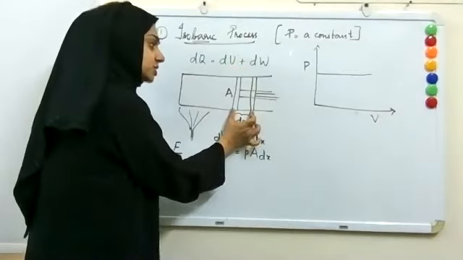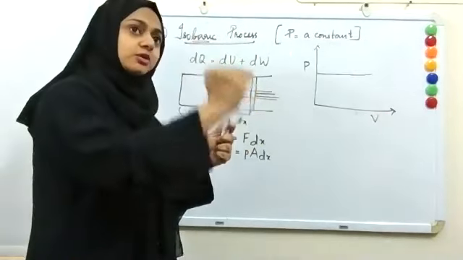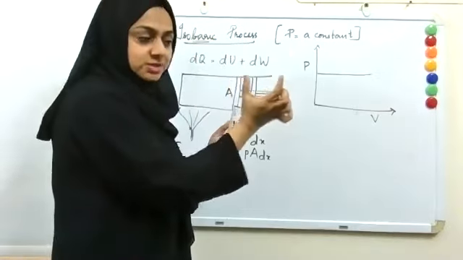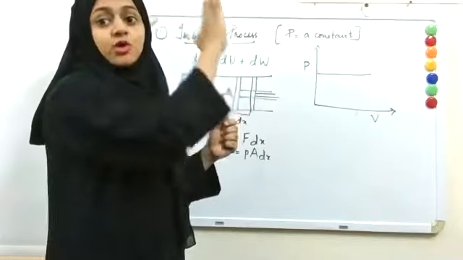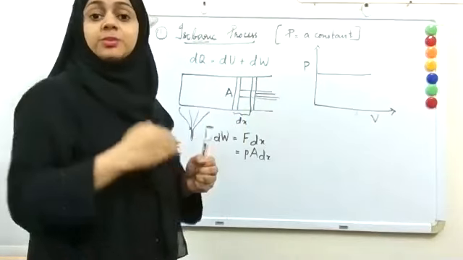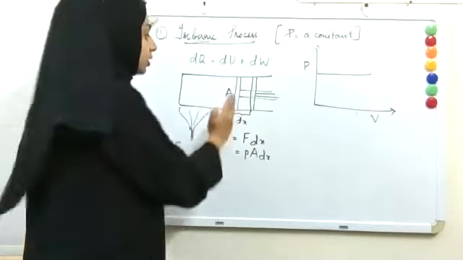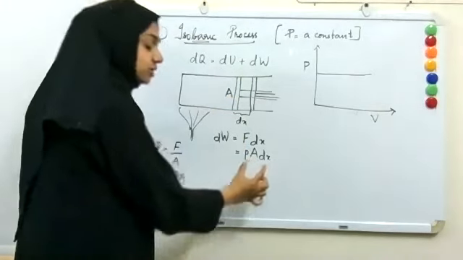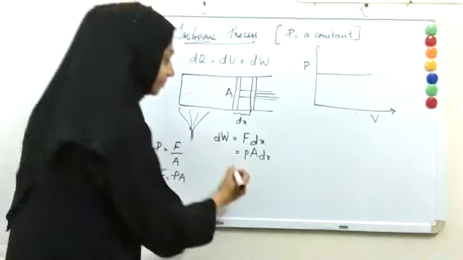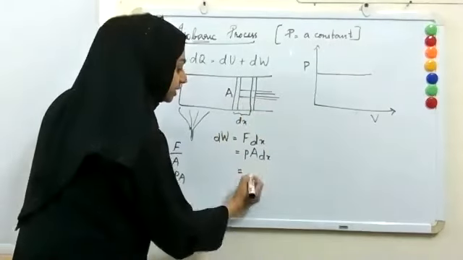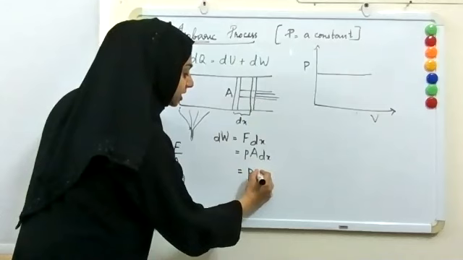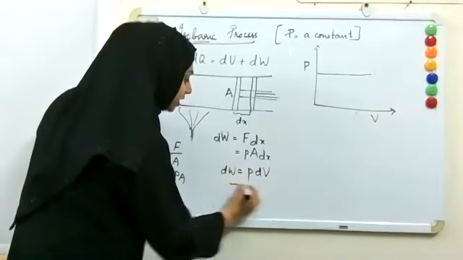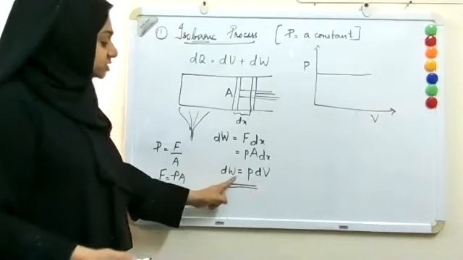This is the small distance. So if you consider a rectangular block having area of cross section A and a small width dx, the volume covered by that area will be A into dx. So this is the increase in volume. I can write A into dx as the change in volume, dV. That's the volume increase when it moves. So pressure into dV.